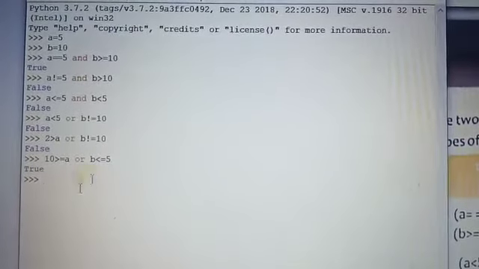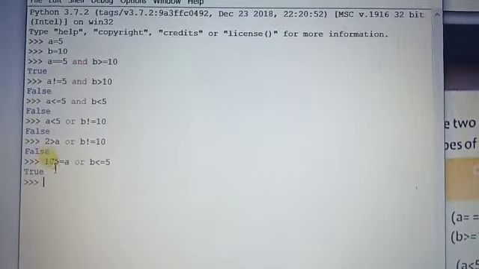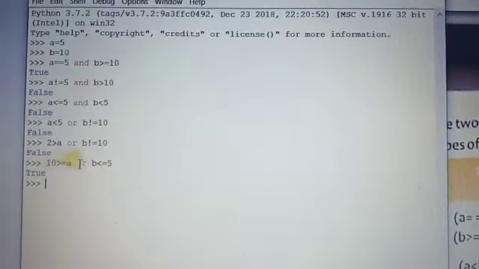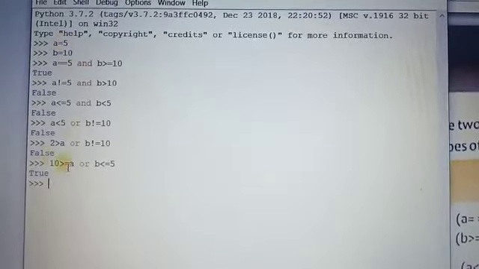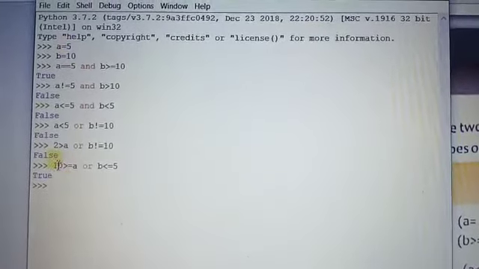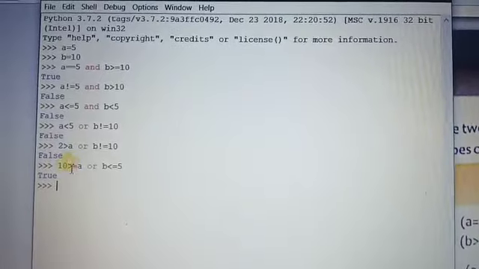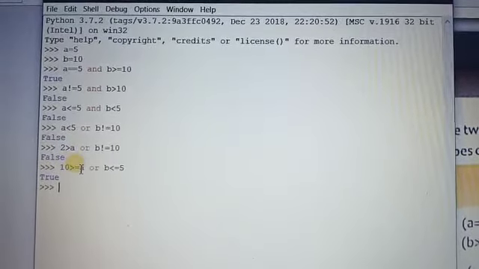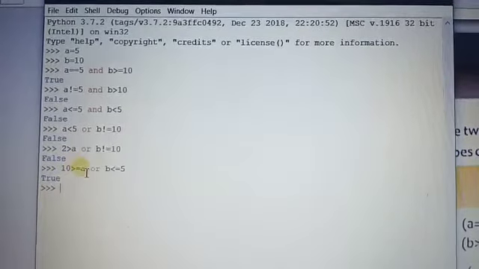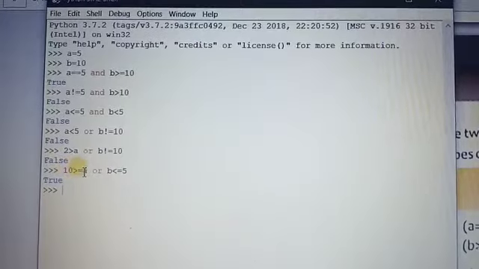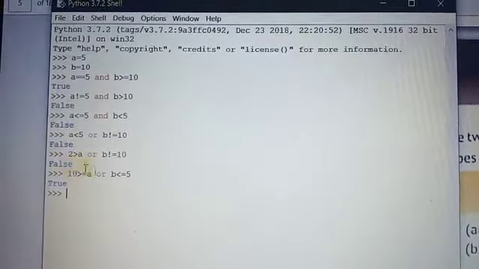The output is true. Why is it true? The value is 10 greater than or equal to the current value of a, which is 5. 10 greater than 5, that is true. Both conditions are defined here, but internally one condition is evaluated true. One expression is finally true.